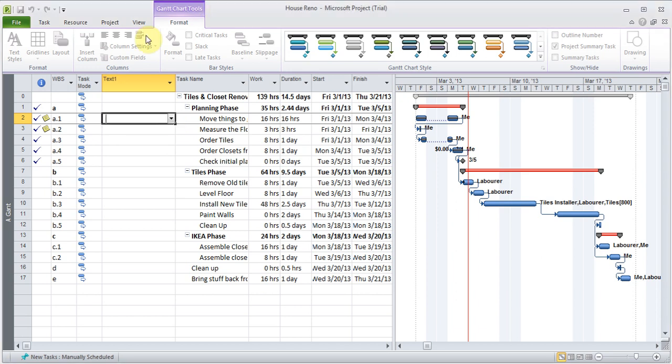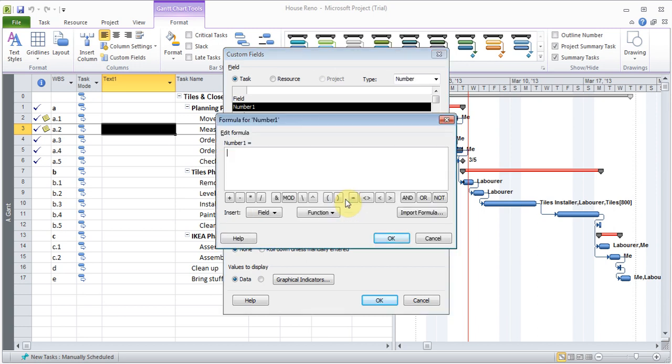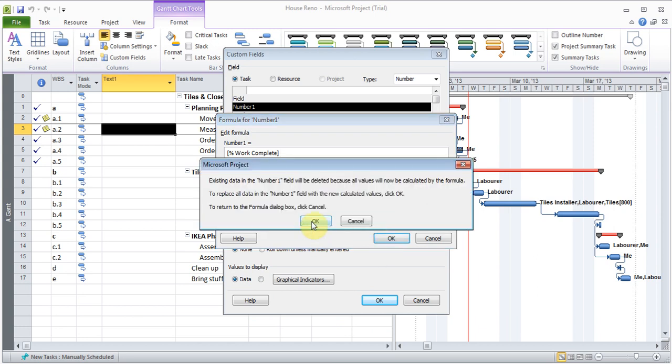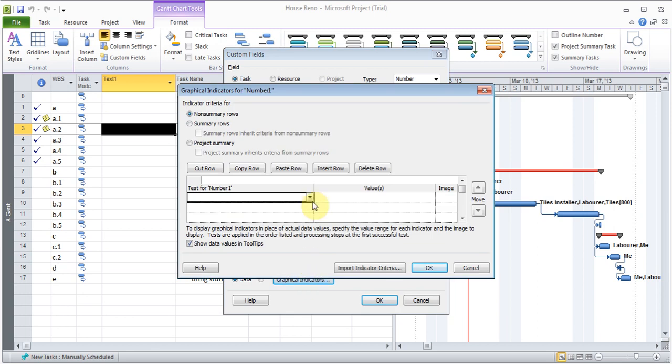And I wanted to do one more of the format, custom field, and this time I want to do a number. So they have Number 1, 2, 3, 4, 5, 6, and in here I want to do a formula, and I want to do a formula that will allow me to put a percentage thing. So let's see, percentage work complete under field, and I'm going to click OK. Click OK to the warning, and I can go to the graphical indicators, and here I can say that okay,